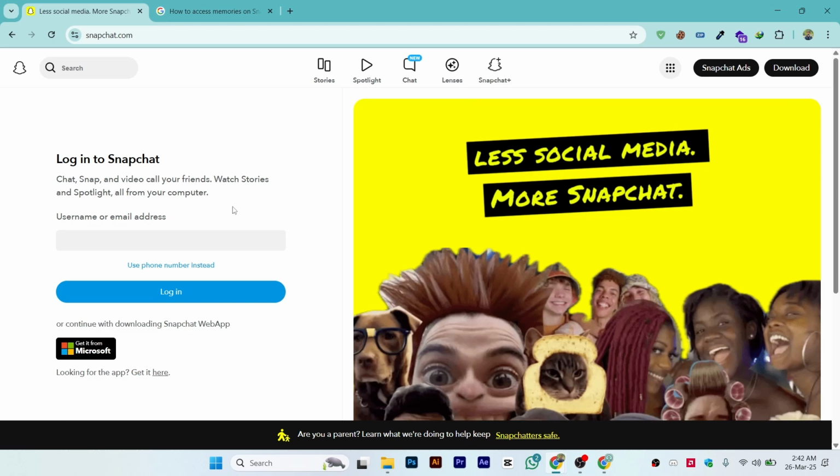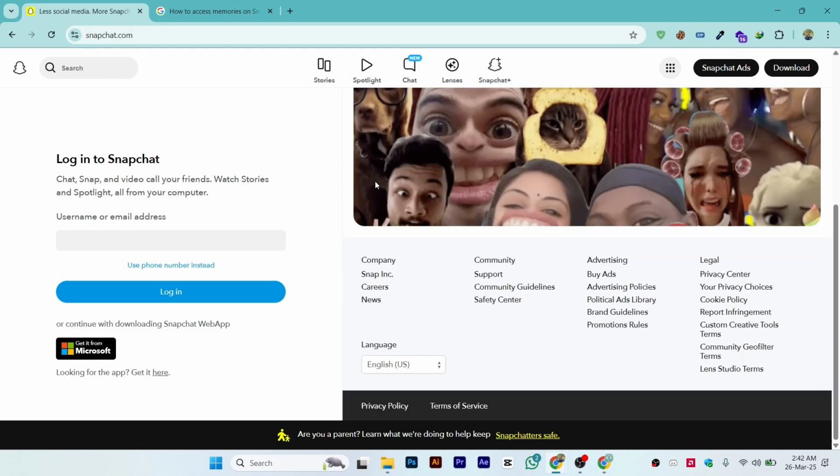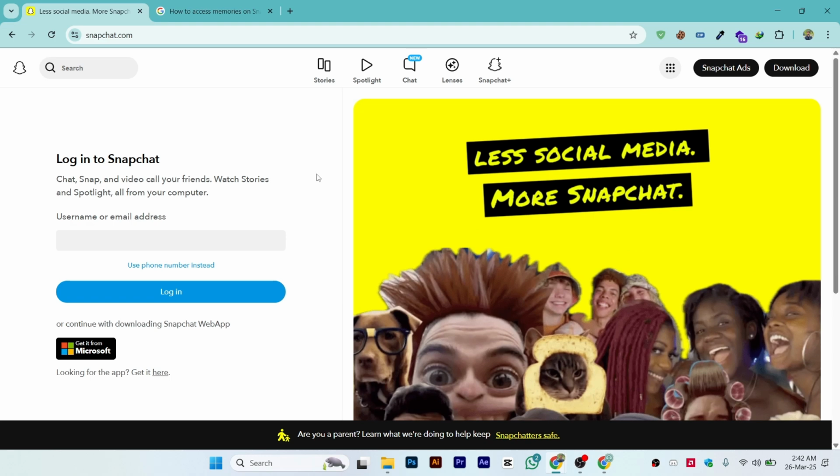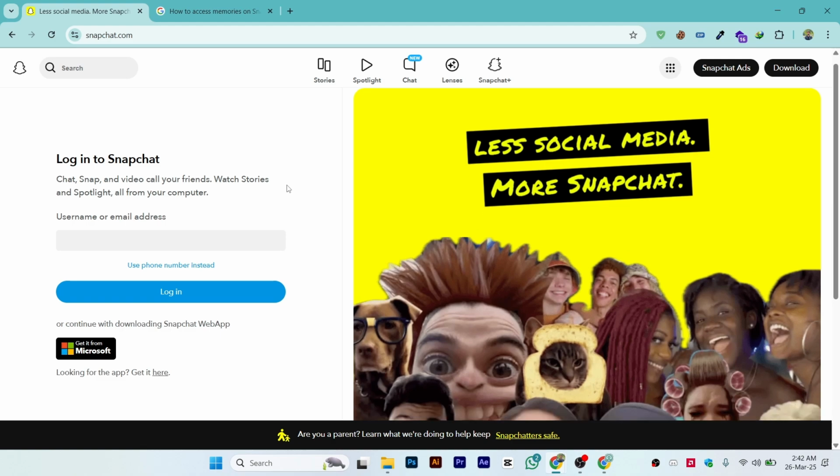Guys, in this video we'll talk about how to access memories on WhatsApp like Snapchat web. So how can you access it? As you can see, this is the official website of snapchat.com, and if you try to access memories on Snapchat from the web, you might not be able to do it, as this feature is only allowed in